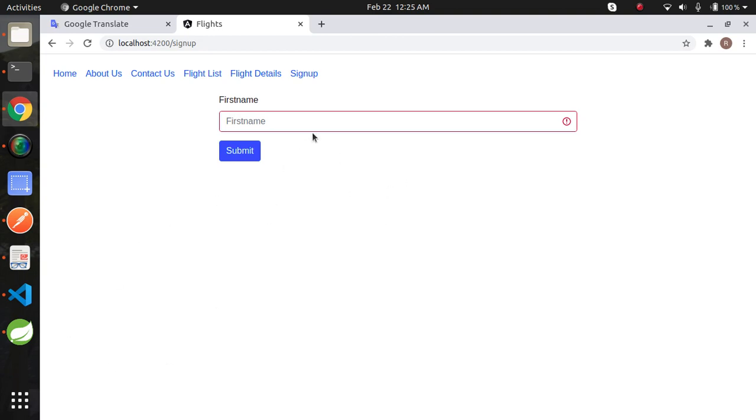We need to show field is valid or invalid on some certain conditions, like whenever someone submits the form, or someone modified the field, or on focus of the field. So these three conditions we will add. We will show a field is valid or invalid only when either someone submits the form, or someone modified the field, or someone focused the field. Let's add these three conditions.